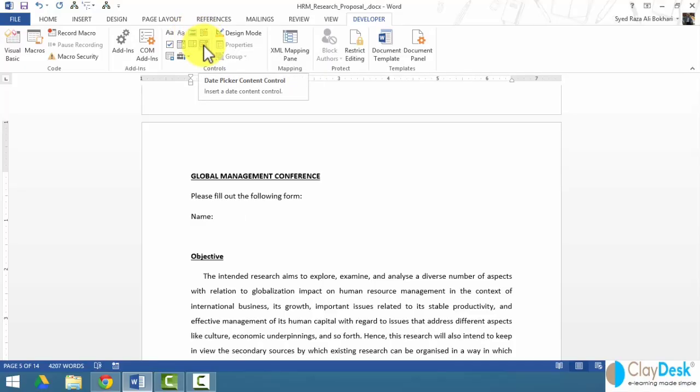My date picker content control, I can have the user select a date. My drop-down content control list. Combo box content control. Checkbox content control. And my repeating section content control, okay, which basically inserts a control that contains other controls and repeats the contents of that control. And then I have my legacy controls tools also, which means that earlier versions of Word,